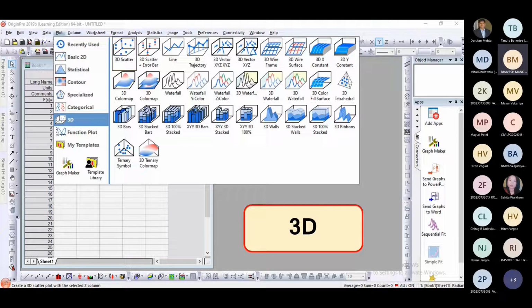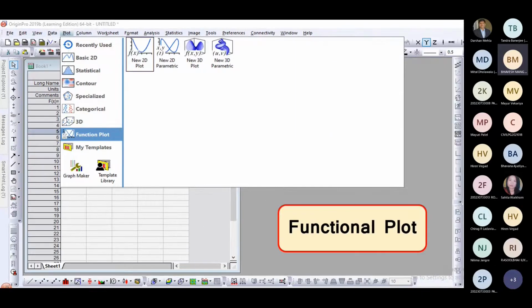So many types of charts you can see here. All these 3D graph plotting facilities are also there. In addition to that, function plots can also be done.